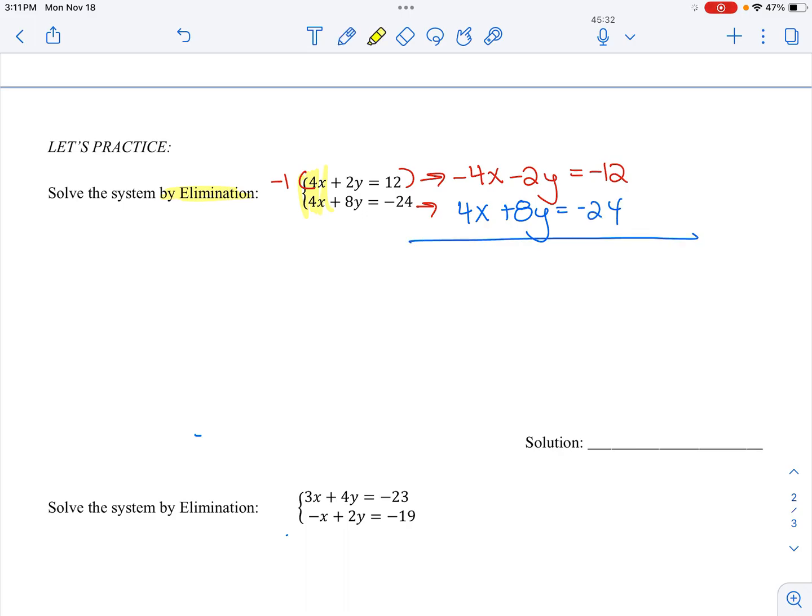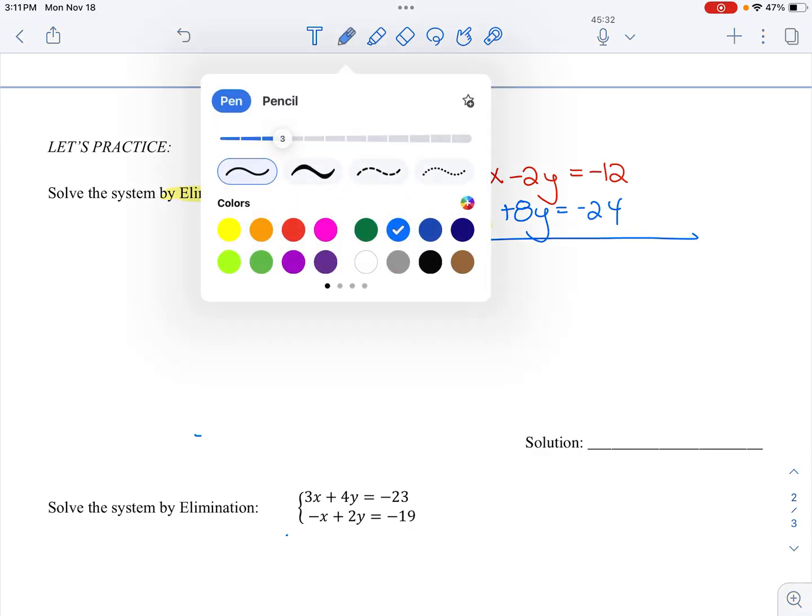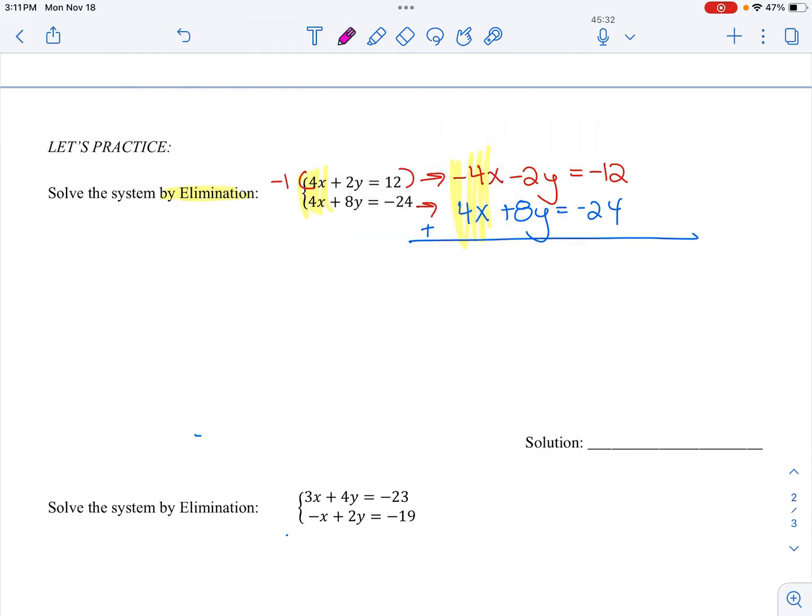And now I have created opposites. So when I add down, I end up with 6y equals -36. Divide by 6, y equals -6. So now I have my y, and now I need to find my x, which means I